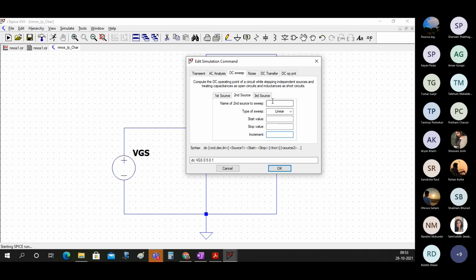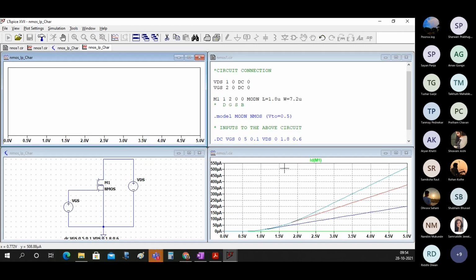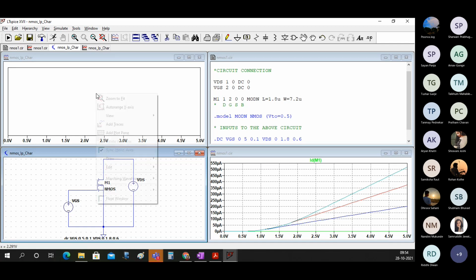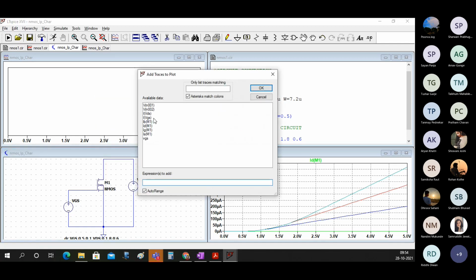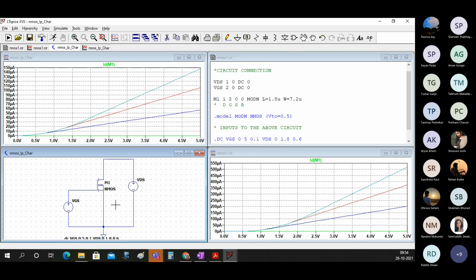And second source VDS is 0 to 1.8 in steps of 0.6. So we could have written this, then said okay. Now you can add trace here and simply add ID, and you will get the same thing.